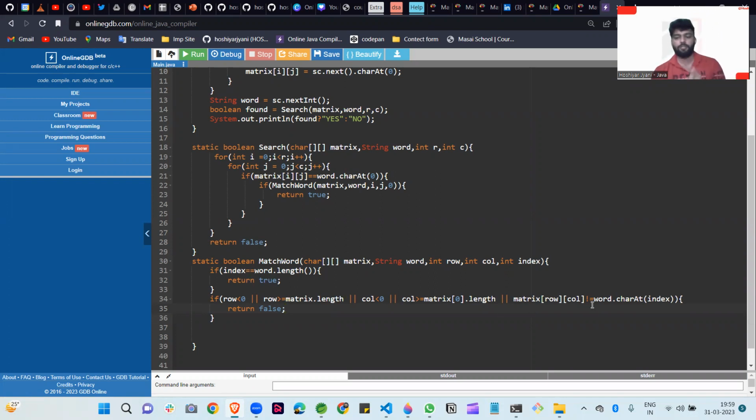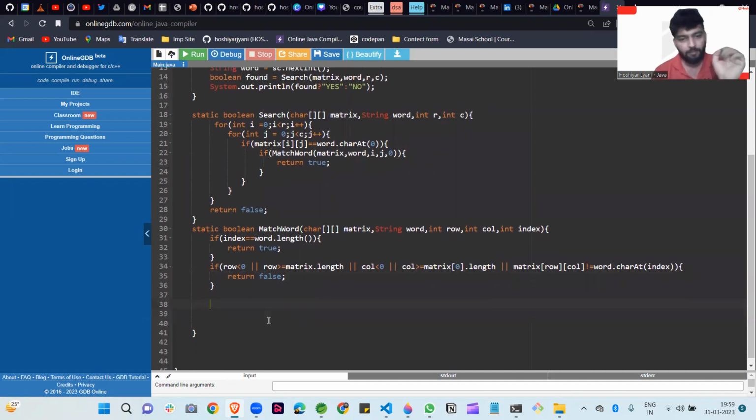And at any position when we increase the index value, if word dot charAt index, for any character of our word, is not equal to matrix of row and column, then we simply return false. That's why I am writing the if condition here.